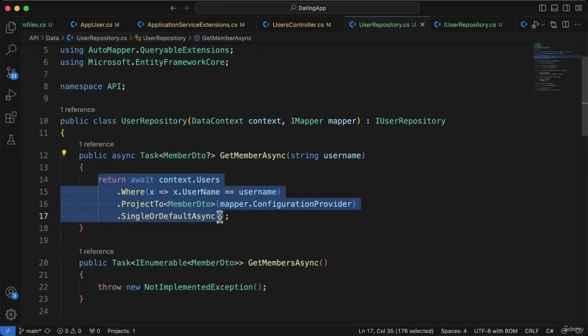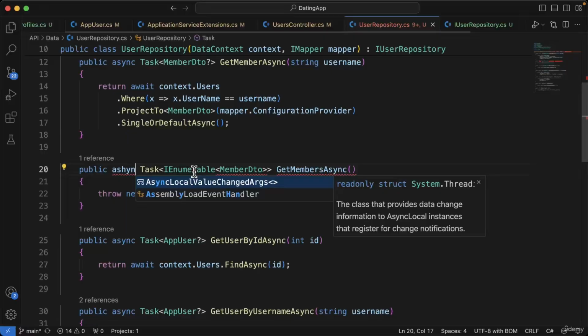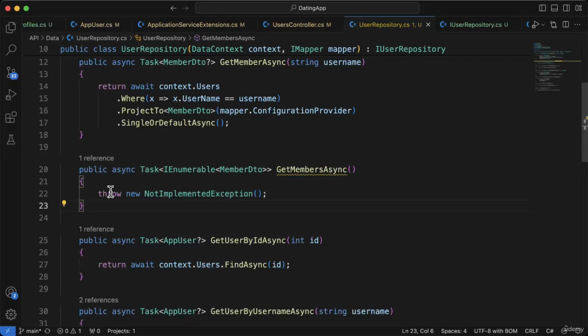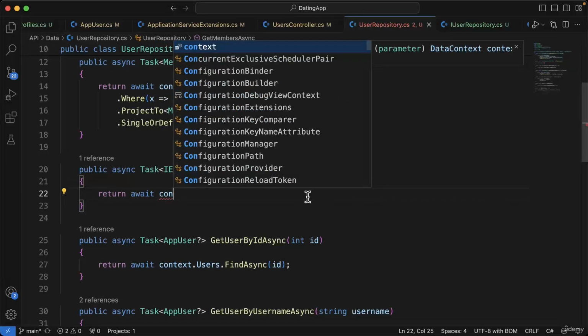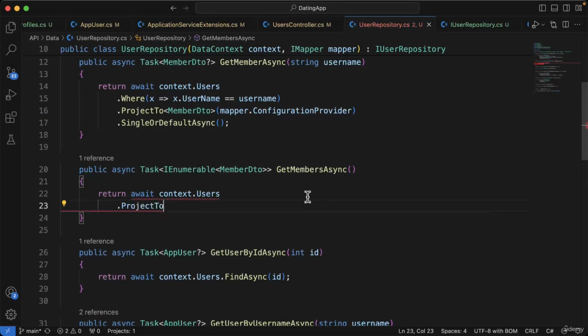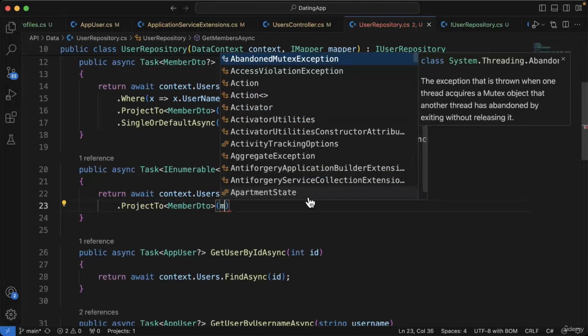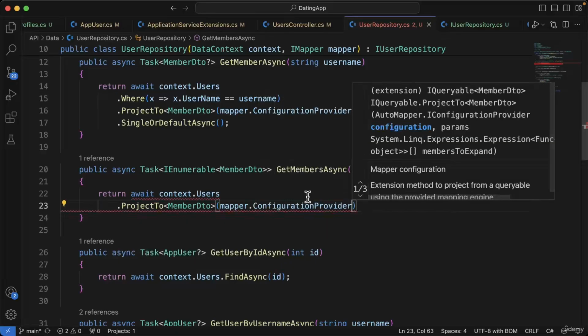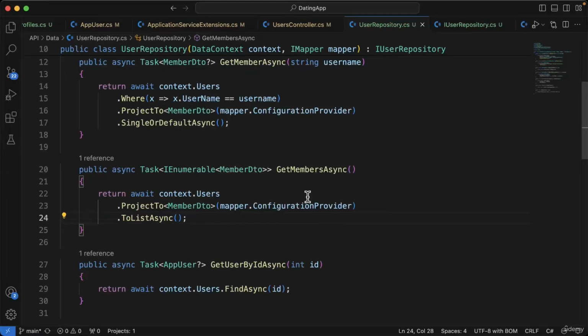So that's going to return a member DTO, and for this one, GetMembersAsync, again I'm just going to make this an async task, and we're going to return await context.Users, and again I'm going to use ProjectTo, and we're projecting to a member DTO, and we provide it the mapper and the configuration provider, and we're going to say ToListAsync. And then we can go back to our users controller,